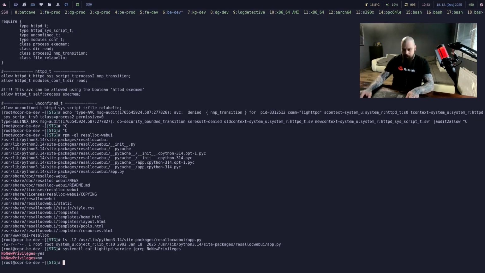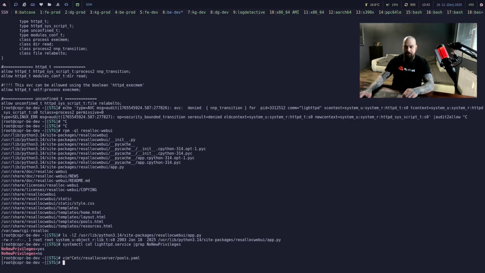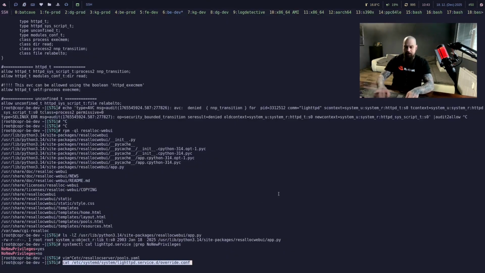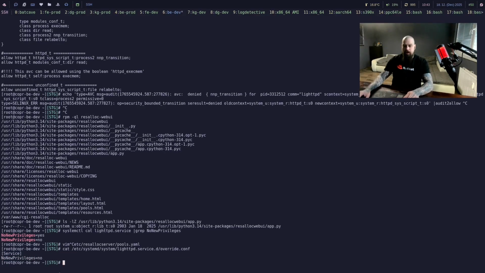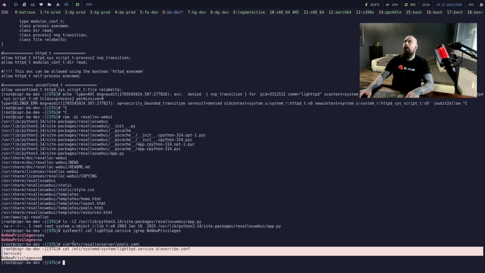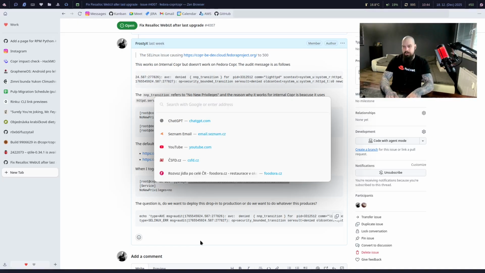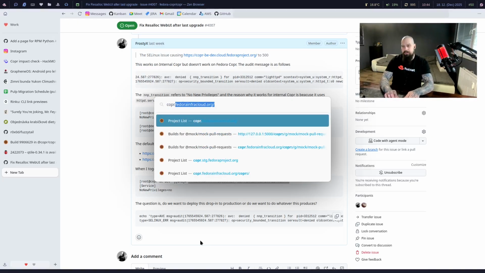It says yes and then no. Why? That was some of my experiments. I tried to create an override. Yes, I mentioned it here. Check this out. I am disabling it. This is what we are going to actually do in our Ansible setup, probably. The web should be working now. If we go to Copr staging,